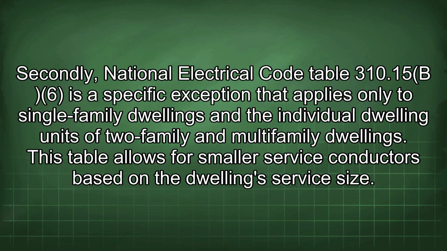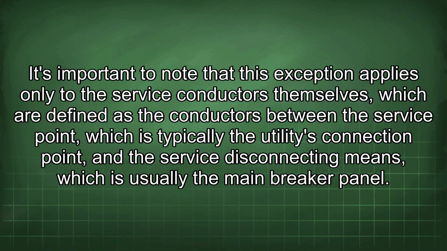Secondly, National Electrical Code Table 310.15(B)(6) is a specific exception that applies only to single-family dwellings and the individual dwelling units of two-family and multifamily dwellings. This table allows for smaller service conductors based on the dwelling service size. It's important to note that this exception applies only to the service conductors themselves, which are defined as the conductors between the service point, which is typically the utility's connection point, and the service disconnecting means, which is usually the